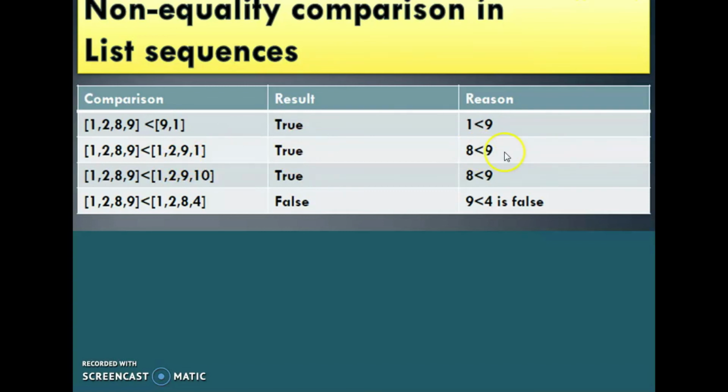Third value 8, here third value 9. 8 less than 9. This is also true. 1, 2, 8, 9 less than 1, 2, 9, 10. 8 less than 9. This is also true. 1, 2, 8, 9 less than 1, 2, 8, 4. This is false because 9 less than 4 is false. Okay. Clear?